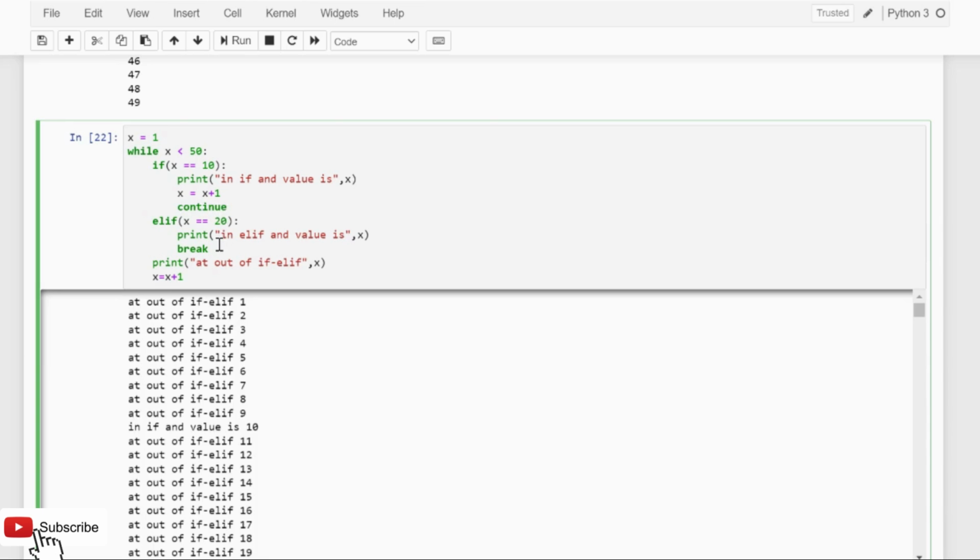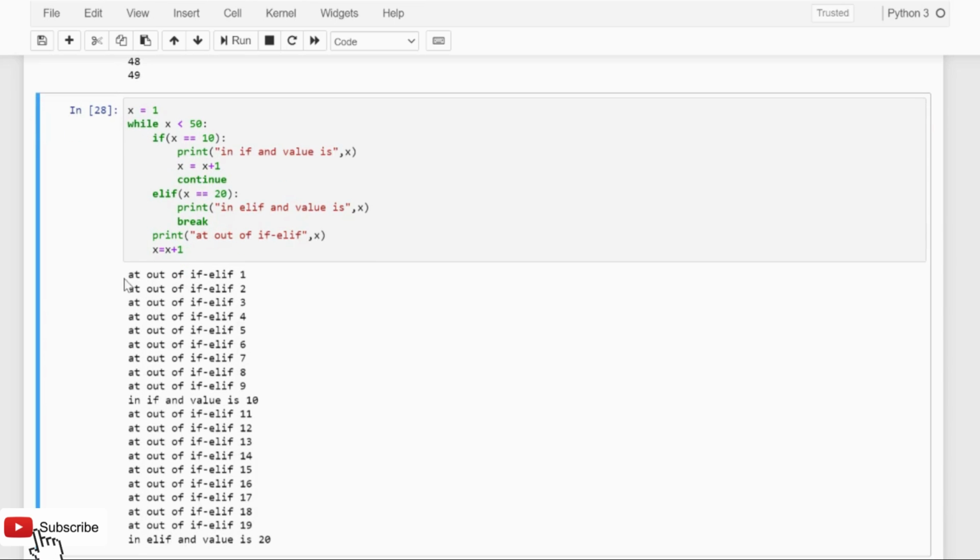So if I run this, you will see that it starts printing. Let's do a kind of dry run here. "Out of if else", it starts with 1, 2, 3 till 9. As the x value is 10, because it is increasing every time here, if the value of x is 10, then it will enter here and it will print a different message, that is this: "in if x value is 10",